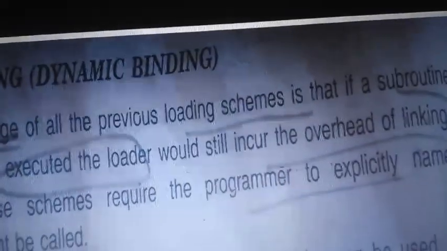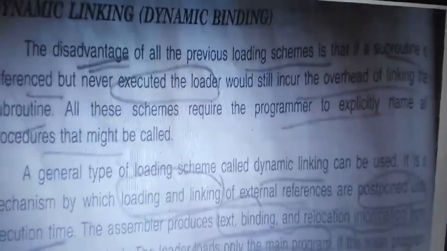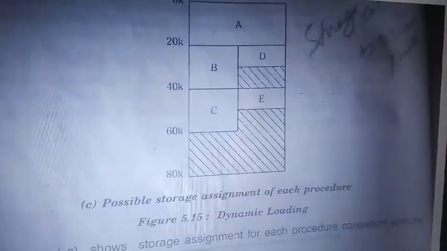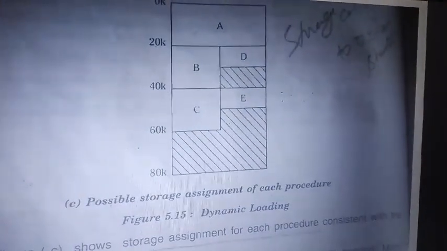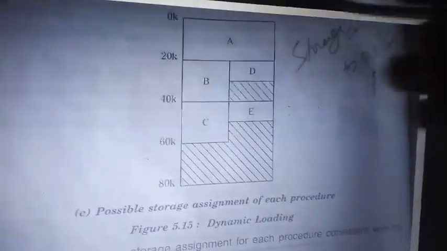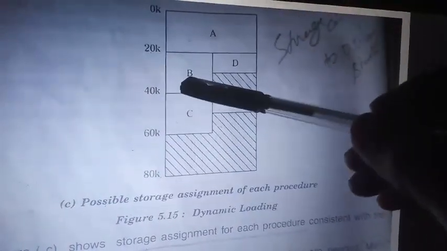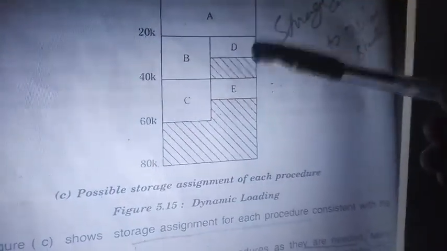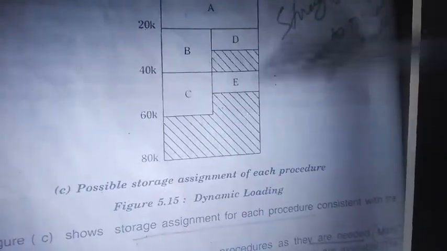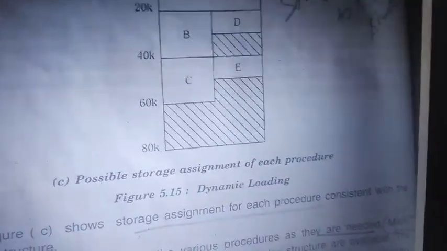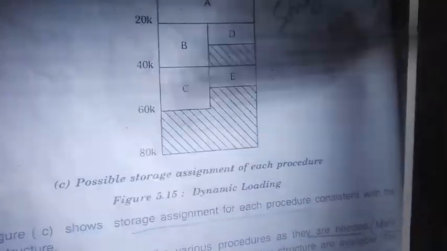So the disadvantage of the direct loading scheme is that all the programs should be loaded. But we developed dynamic loading. Here all the subroutines won't be loaded at a time. If A is loaded, after that B is loaded. If B calls D, then only it will load, else it won't. Then C is loaded. If it calls another subprogram, then only it will load it, else it won't.